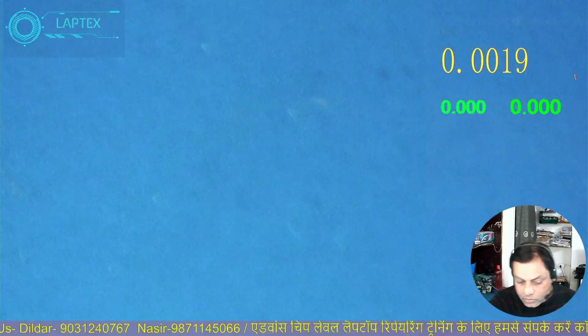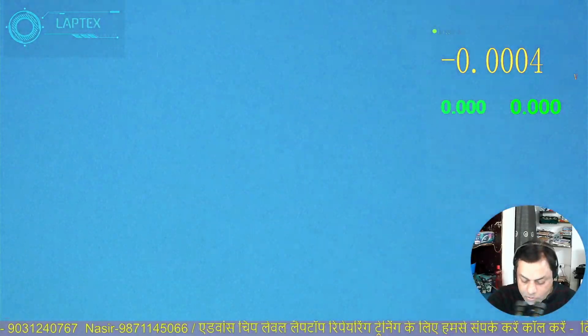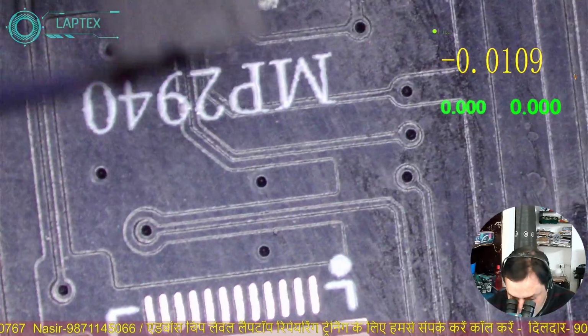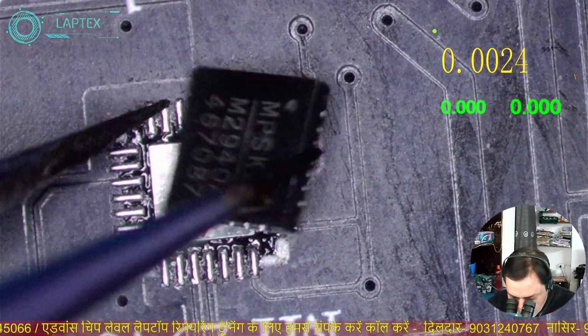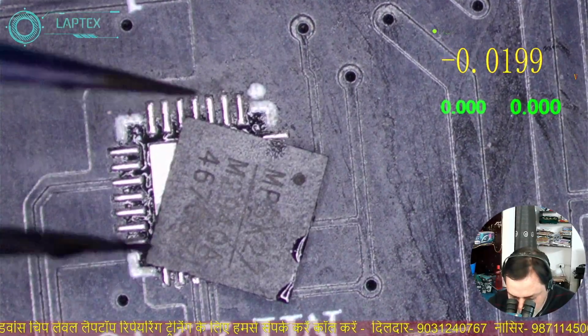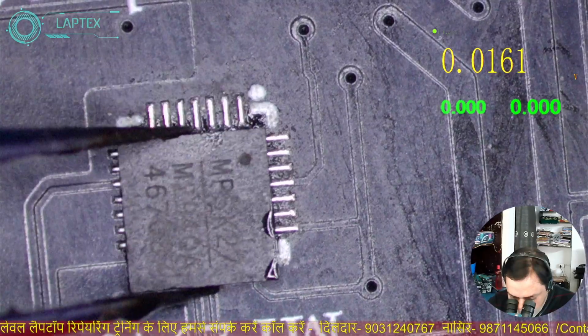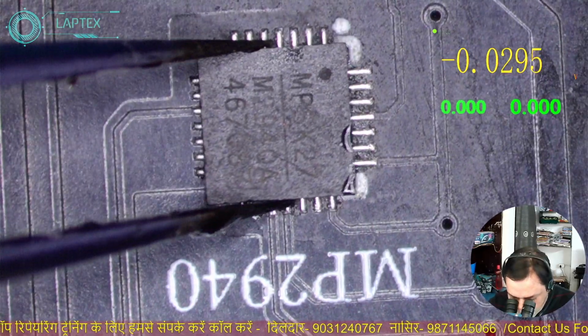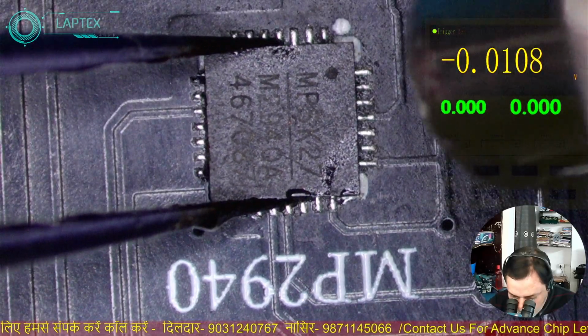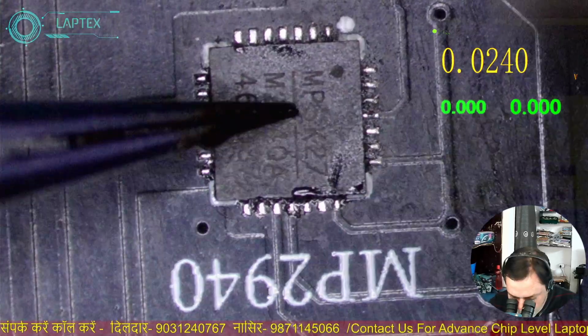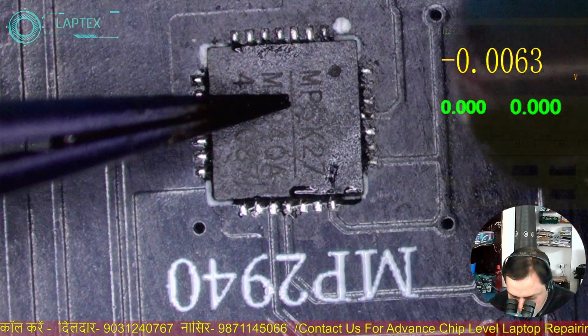Now I have to come to the microscope so that I can use it perfectly. So this is the offline board. You have to verify that pin number 1 must be on pin number 1, and you just have to inject it here. You just have to fix it here. Okay,